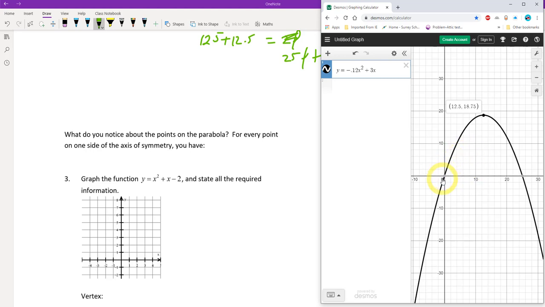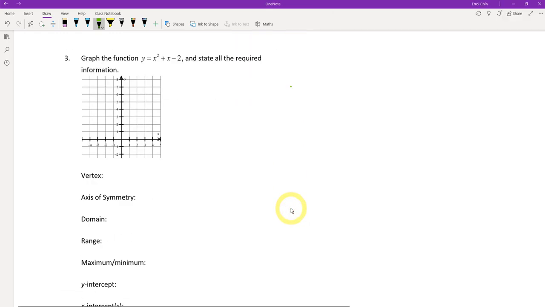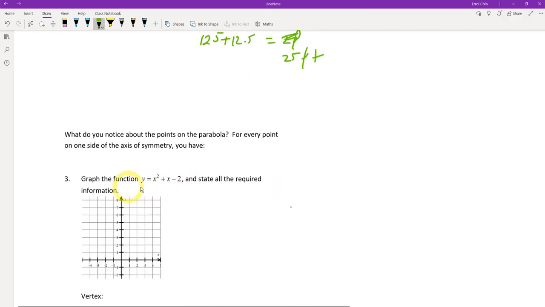there's 2 times. Here it was at 0 height. Well, again, it's going to be at 0 height on the other side as well. Here at 10 feet high, the water was 10 feet high on its way up. It's going to be 10 feet high on the way down. Okay? All right. Number 3 says, can you graph y equals x squared plus x minus 2 to state all